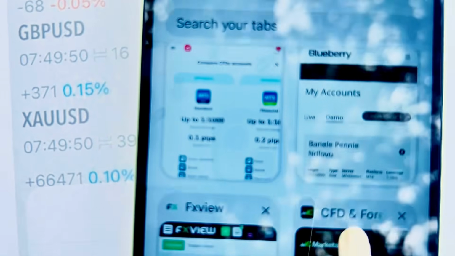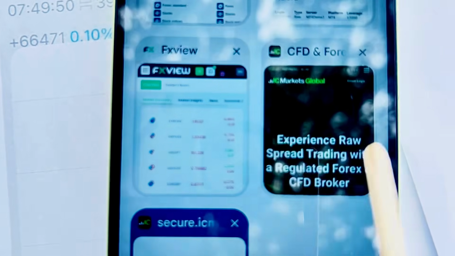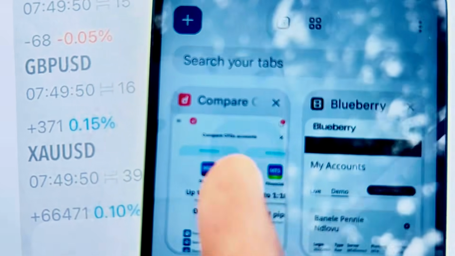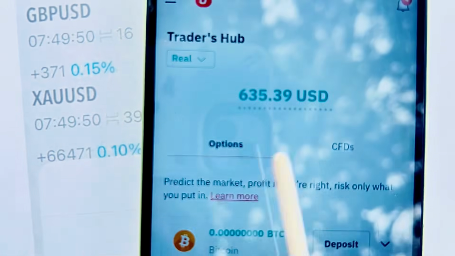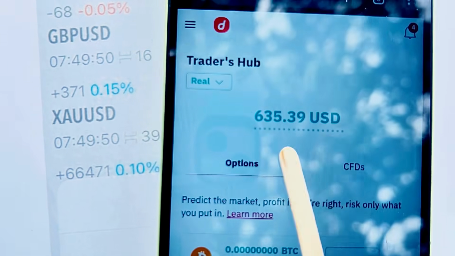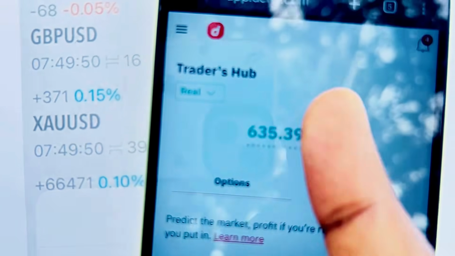Now let's go to our brokers and let's go to our Deriv broker. These are the brokers that I use: Blueberry, FXView, IC Markets, and let's go to Deriv, because this is the number one broker that I use when it comes to trading. Let's cancel here, because those are the types of accounts. This is the real account that I have, the amount of money that I have. All right, if I refresh,